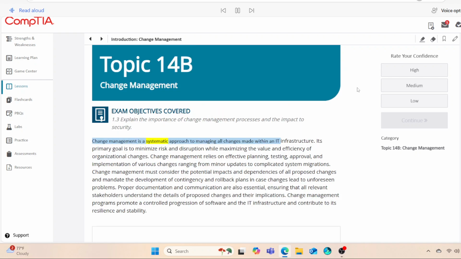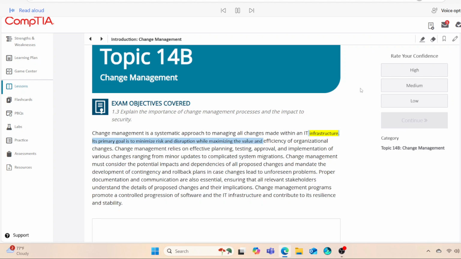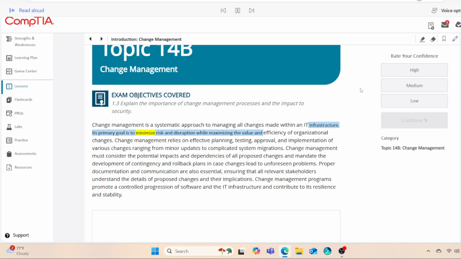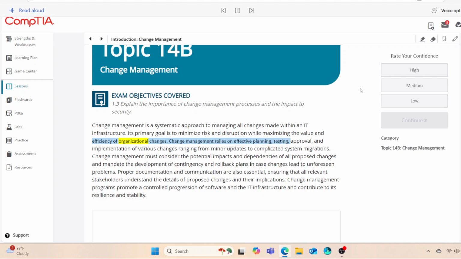Change management is a systematic approach to managing all changes made within an IT infrastructure. Its primary goal is to minimize risk and disruption while maximizing the value and efficiency of organizational changes. Change management relies on effective planning, testing, approval, and implementation of various changes ranging from minor updates to complicated system